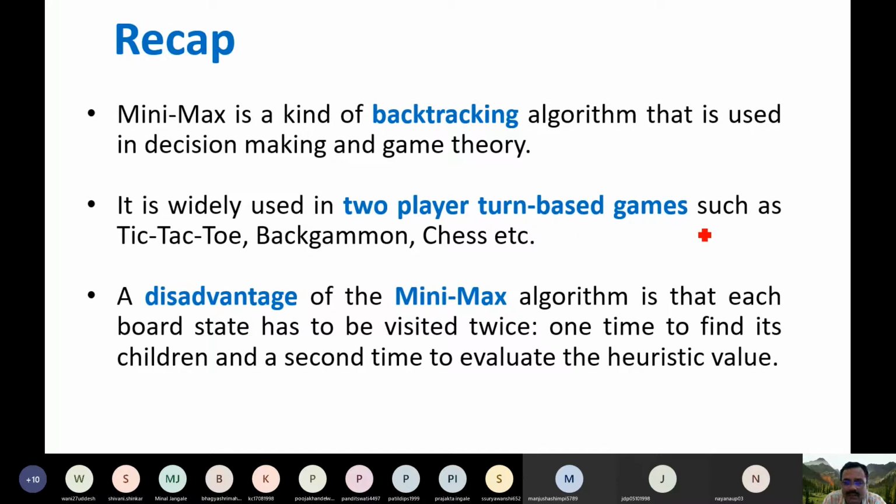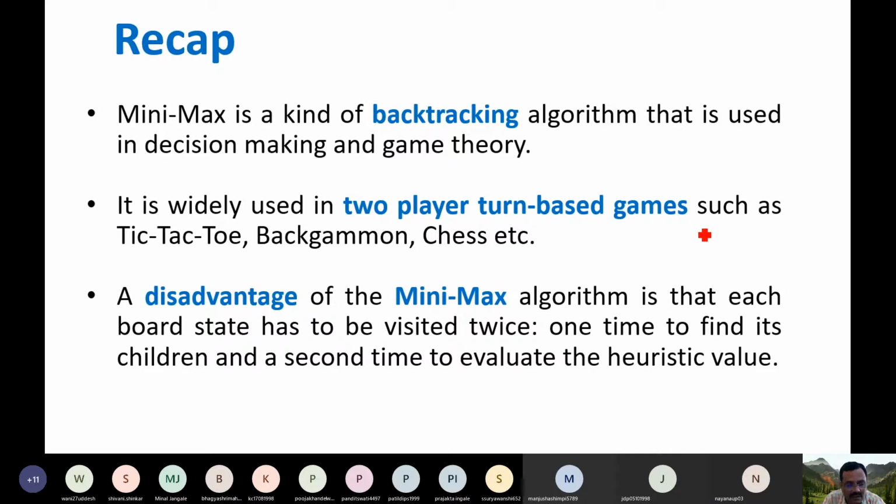At the terminal nodes we have the static value returned by the static evaluation function, and we use that value to decide which option the maximizer or minimizer should select.